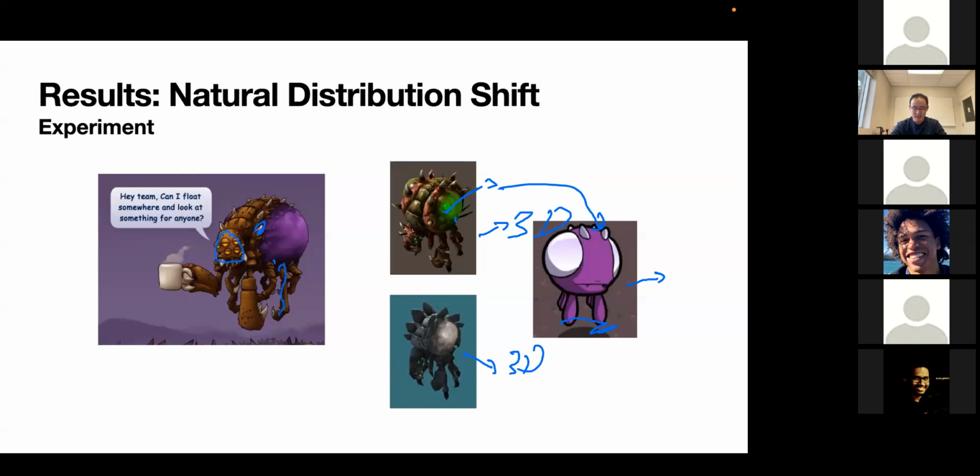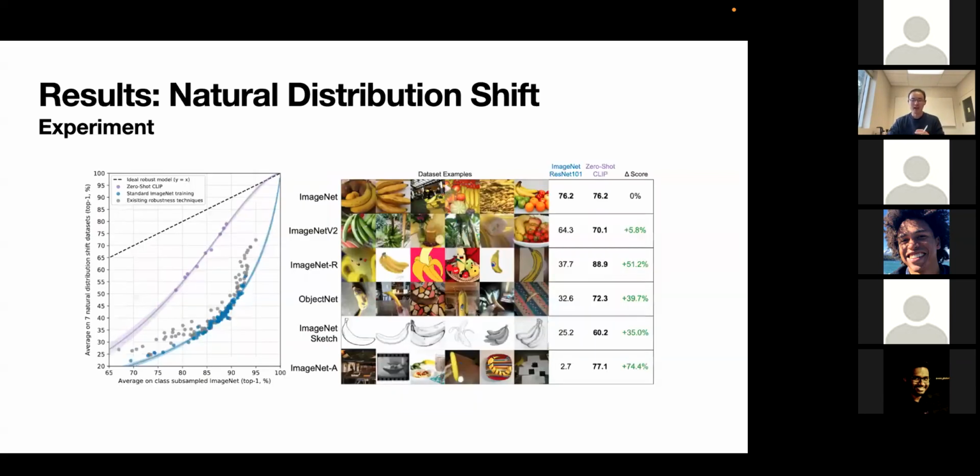and many eyes, many legs, maybe 6 legs, and a real long claw. It can learn that this has 6 legs, many eyes, and 2 claws, and some features like this. But for this one, no spikes, 2 eyes, 6 legs, no claws, this is not an overlord. So this is called natural distribution shift, and this is why the authors want to perform the experiment on this phenomenon,